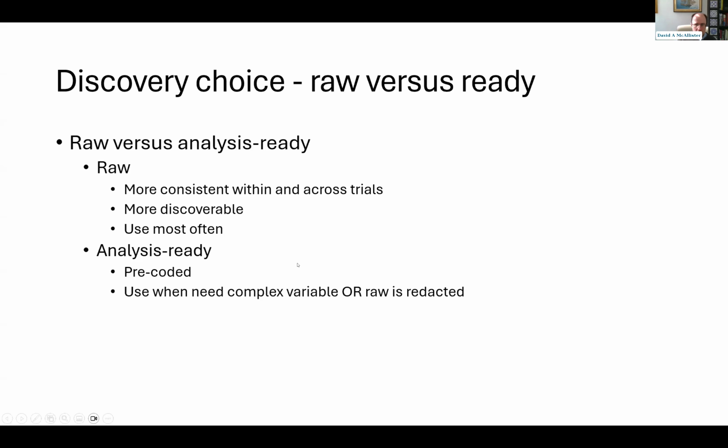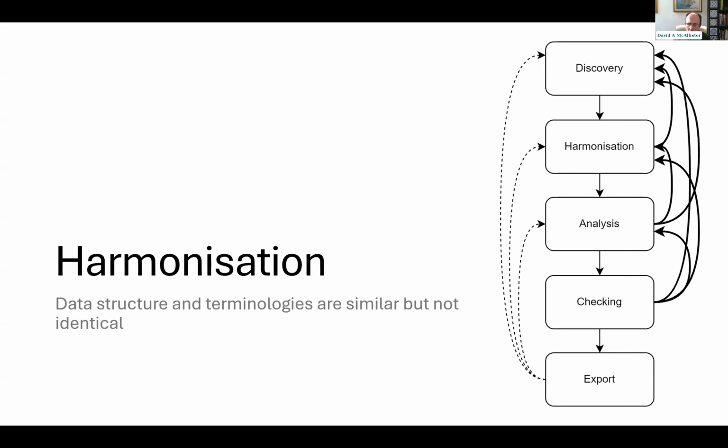However, not always. Sometimes variables are complex, particularly if you've got outcomes that have been adjudicated, or you've got variables composed from lots of different questionnaire elements. In those kind of scenarios, we went for the analysis ready. But that's a decision that you're going to have to make on a study-to-study basis. And it might also depend on redaction. So sometimes the raw data might be redacted, but you've got the processed variable in the analysis ready, so you're still able to use that. Okay, so that's discovery. That slides neatly into